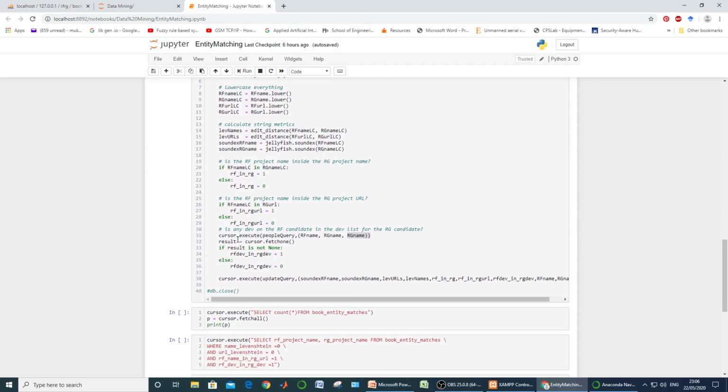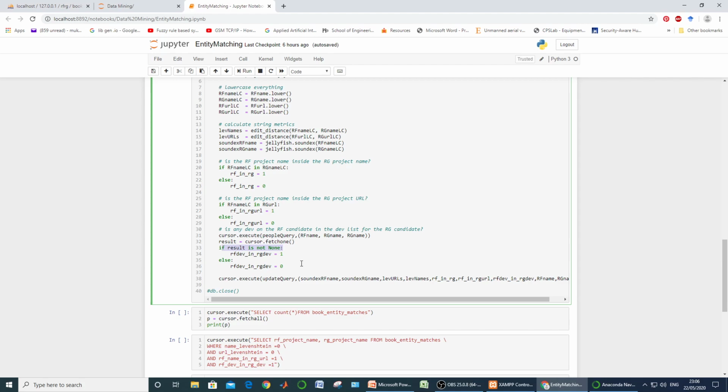So it is going to return them as the result. Now the result of this query was stored in result, and it fetched the first one out of this. If the result is not none, it means there was at least a single developer corresponding to project A that was also working in the project listed under RG.